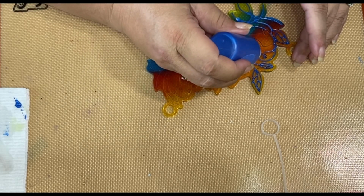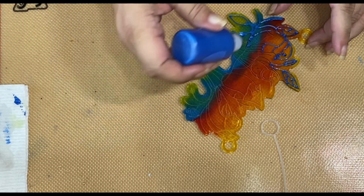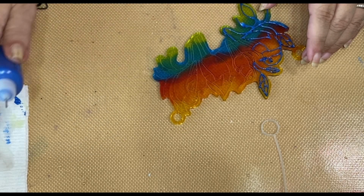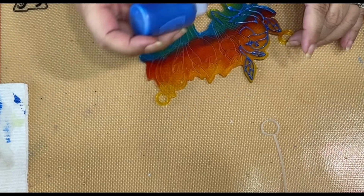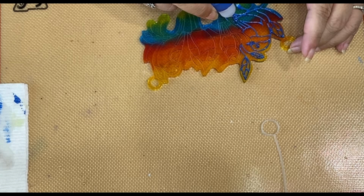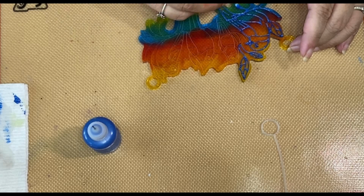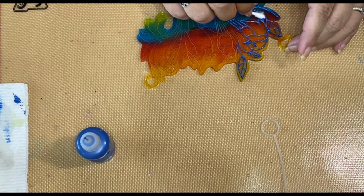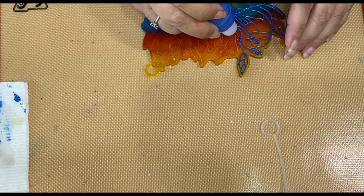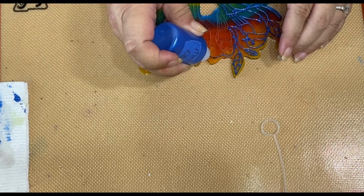I really wish I had a marker that I could have used in order to do this part because this part got a little bit messy. So yeah, I'm having to take my Q-tip and sometimes I use my fingers. It just got really messy and in the end, I was just disappointed in it. But it's for me. I'm doing it for me, so I'm not going to be that critical